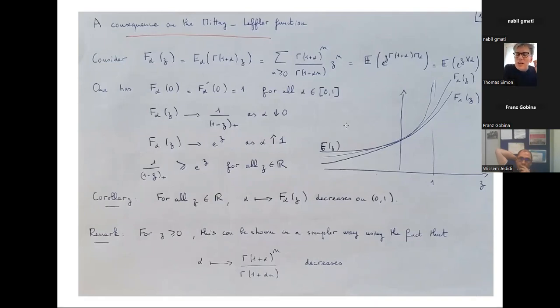My motivation is a bit that of someone looking at the internet, because if you look at the Wikipedia page on the Mittag-Leffler function, those curves are actually plotted, and there is some kind of dynamic GIF, and you see that the curves are monotonous. Well, I just proved it, and I was satisfied with that. So I think I will stop now. Thank you.